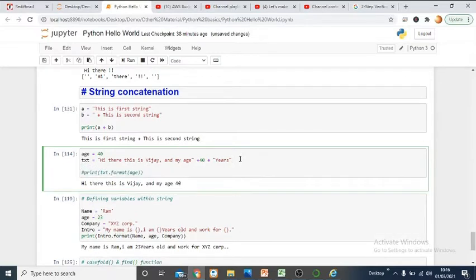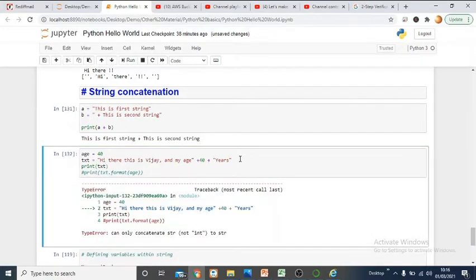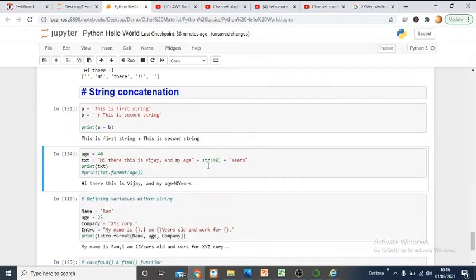Also, whenever you have multiple variables, that will be a really tedious task to do, right? Here you have to mention it as a string as well, so that will be again a problem, right? You have to mention it as a string, and then you will be getting whatever you want to add.